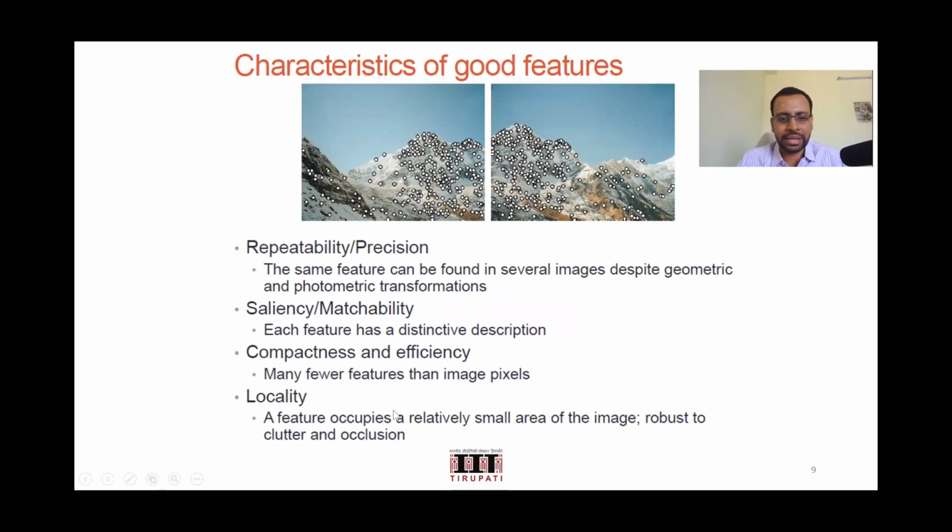So that's the locality, what you mean by that. Then how many number of features? The term compactness is used in a slightly different meaning here. When we say compactness here, it means the number of feature points or the number of key points you are